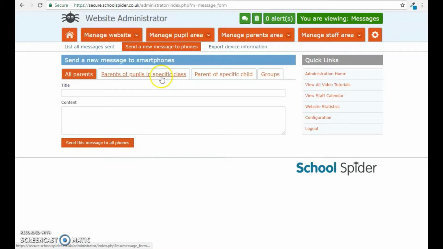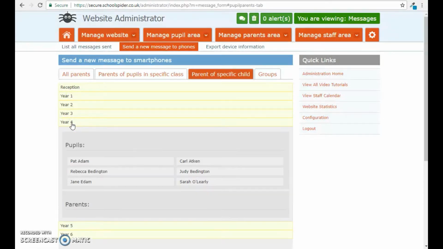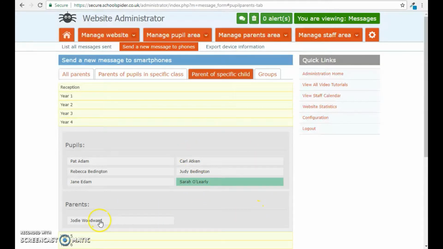You've got all parents, parents of a specific class, parents of a specific child, or groups if you have these set up. And I'll just show you parents of a specific child. You'll get a list of the different year groups. You just need to select the year. And then it'll give you the pupils, so select the pupil, and then select the parent that you want to